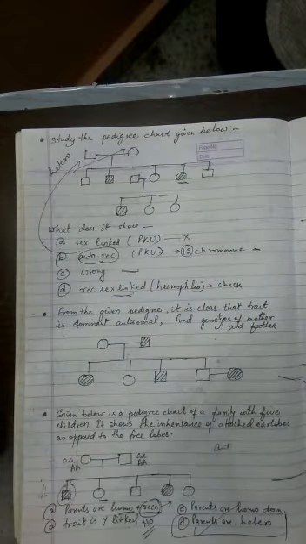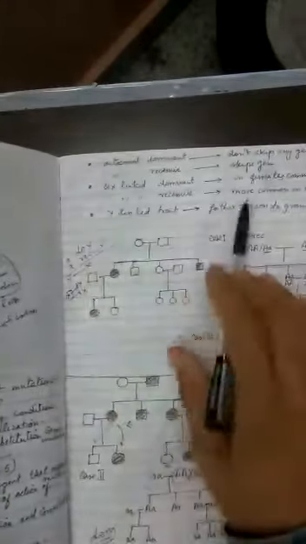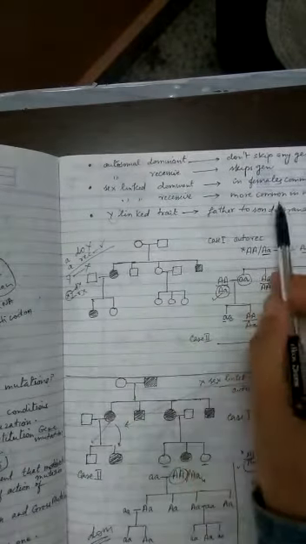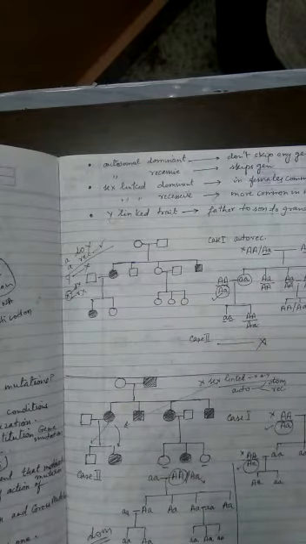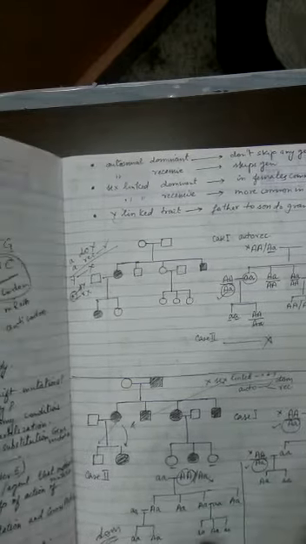Now the options given are 4 options. Is it a sex-linked character? So now what is a sex-linked character? We have already learned on the last sheet also. A sex-linked character, remember the crisscross inheritance concept we have learned, that it should skip one generation and pass on from mother to the son, and from son to the daughter. And if it is passing from the father, it passes from father to the daughter and again back to the son. So that concept is called crisscross inheritance.